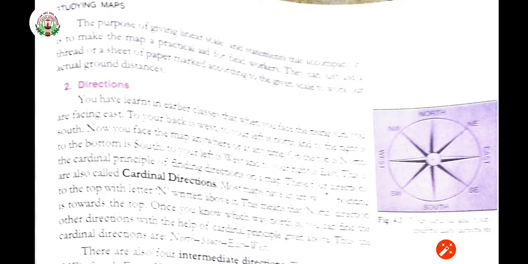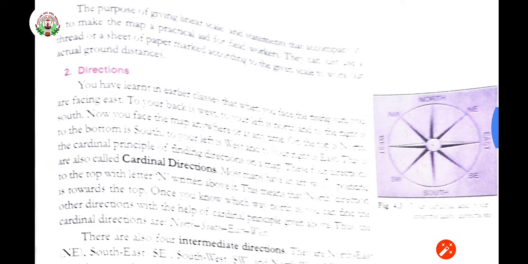If you see some places, in the corner it is written that Raipur is this many kilometers, and in the middle also a small stone or something will be kept, and the distances are mentioned there. You would have gone to some places where you see that this much kilometer, this much distance, now you have reached this place, and how much more you have to travel, like that they mention. That is mentioned according to this scale only.